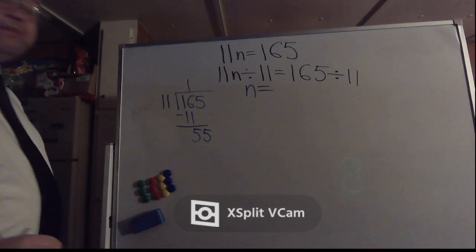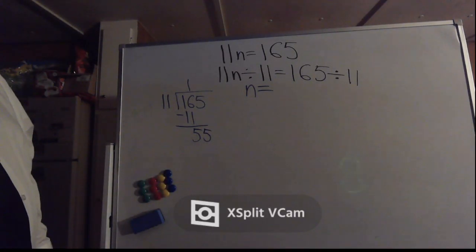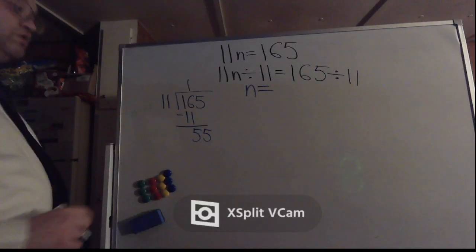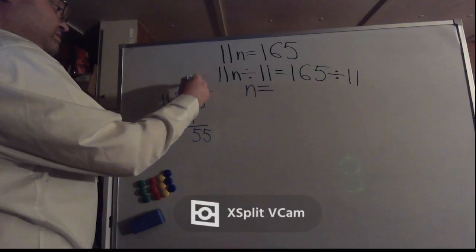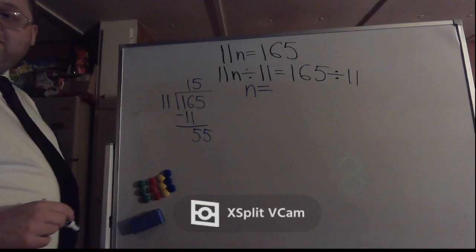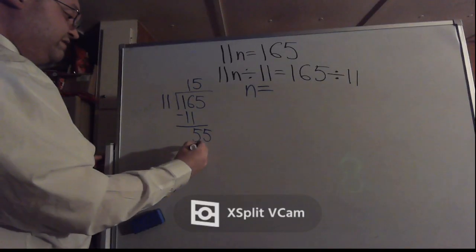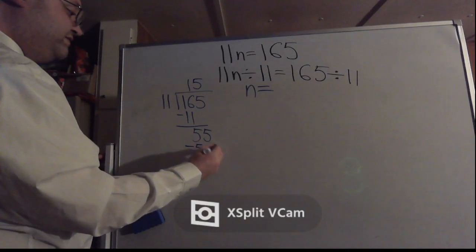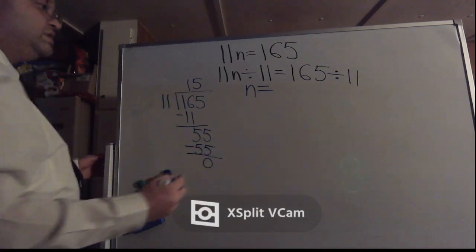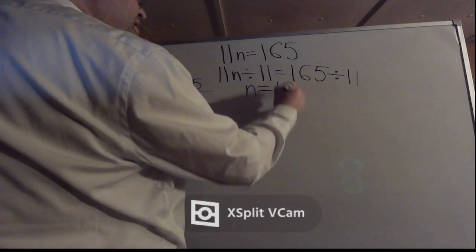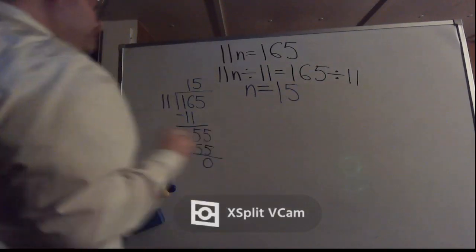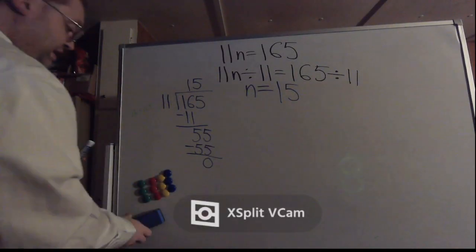Now you got to figure out how many times does 11 go into 55? Well, it goes in 5 times. So then we have 5 times 11, which is 55. You'll subtract 55 from 55 and get 0. So it would appear that n is going to equal 15. However,